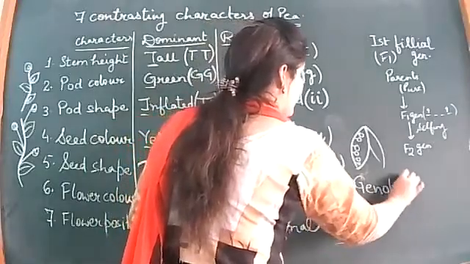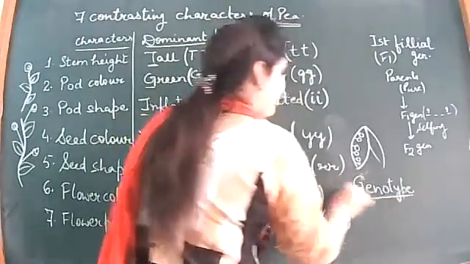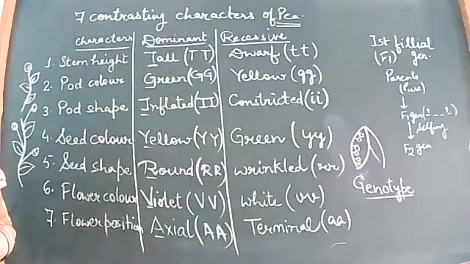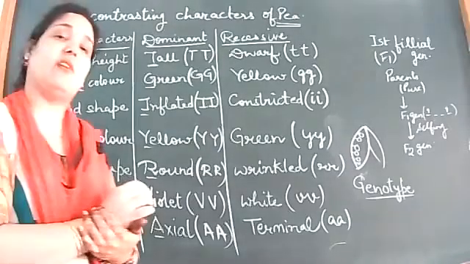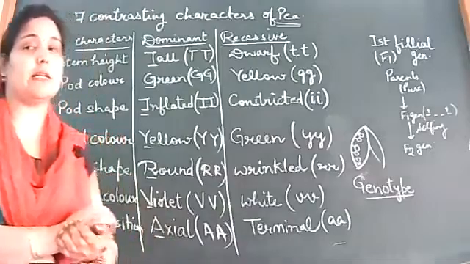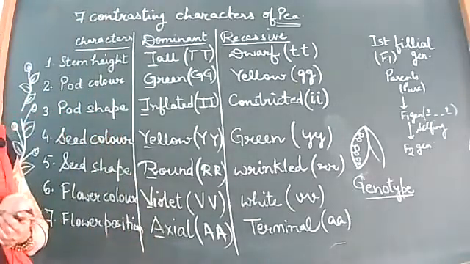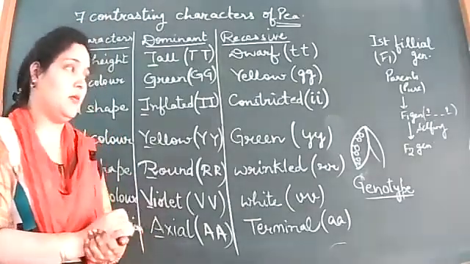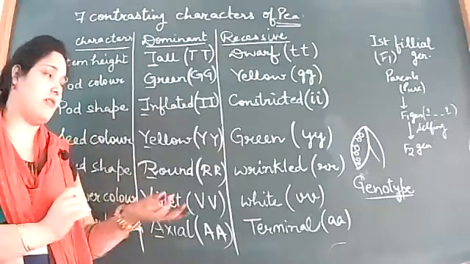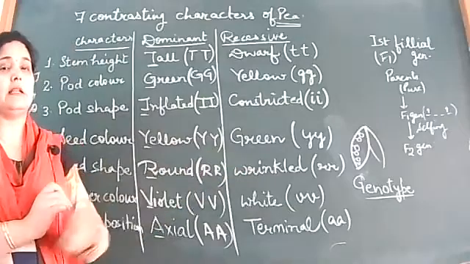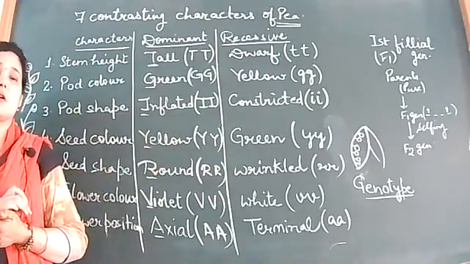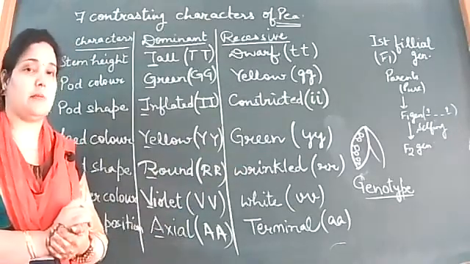So in terminology, you will add these terms. What is genotype? What is a genotype? Genotype is the genetic expression of any character. It is a genetic expression or the genetic makeup, you can write. What genes it comprises of, as it is providing this character. So what is the pair of genes it is providing? That is understood or termed as genotype.